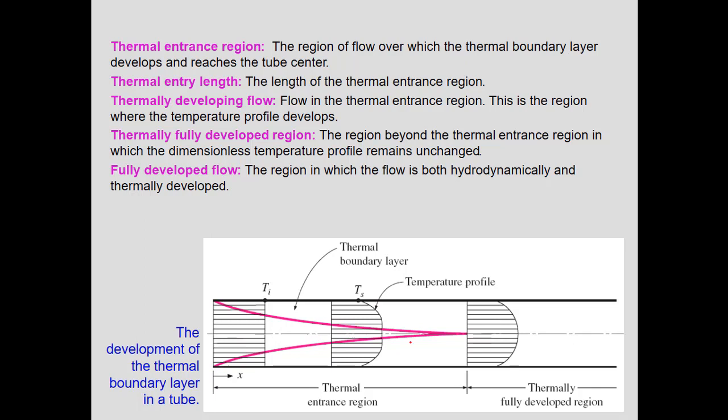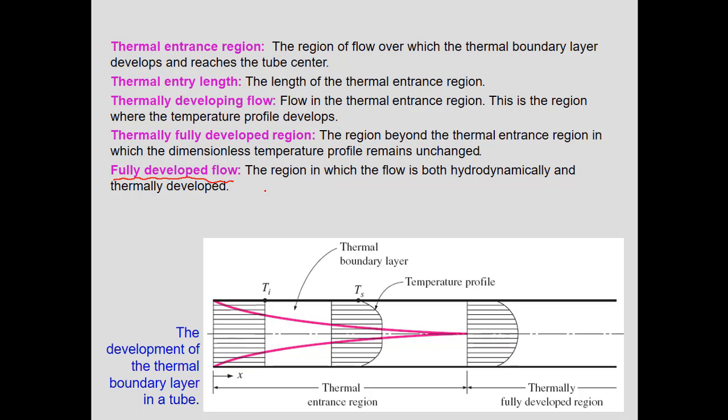Thermally fully developed region is the region beyond the thermal entrance region in which the dimensionless temperature profile remains unchanged. This part is the thermally fully developed region. And fully developed flow is the region in which the flow is both hydrodynamically and thermally developed. This one is important, and we are interested in that. Fully developed flow. You can see here we have a fully developed velocity. This is fully developed temperature. We call it fully developed flow